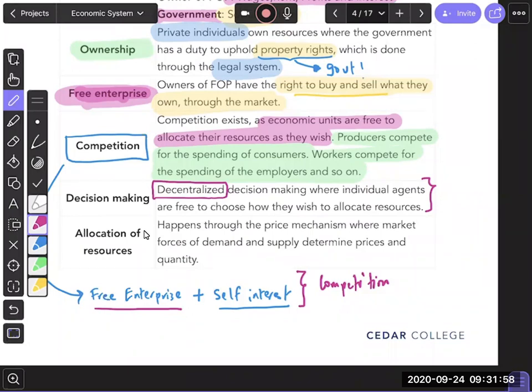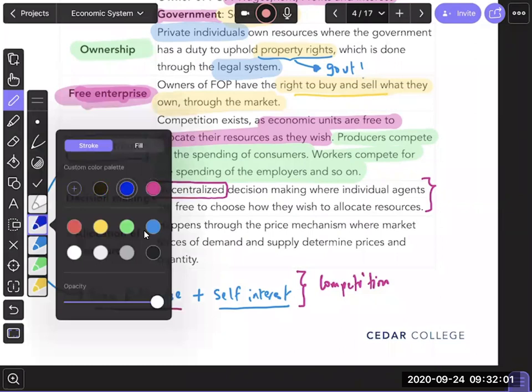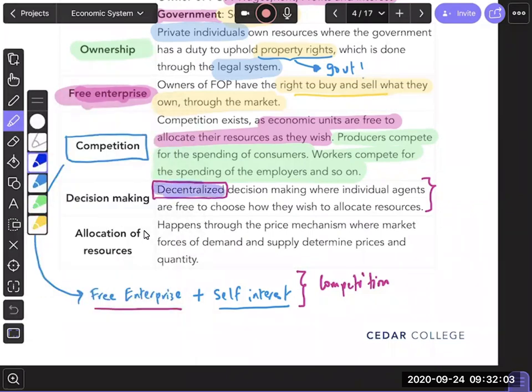So that's why in this market economic system, we say that decision making is decentralized, and therefore doesn't depend on a single planning committee or single planning place, as probably happens in a centralized or planned economy, where the government is a central body deciding how to allocate resources. Make sense, guys? Are we going to move on?